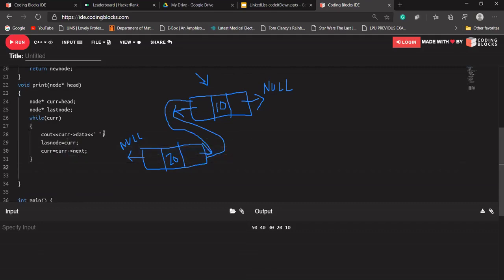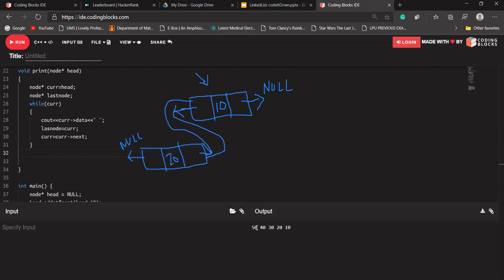Suppose 50, 40, 30, and 20 have been printed, and current is pointing to 10 right now. Now 10 will be printed, and in last node we store the address of current, 10.